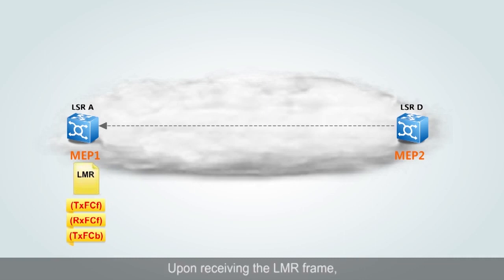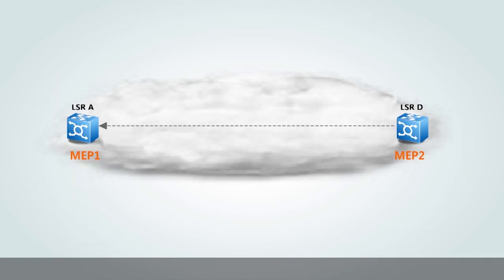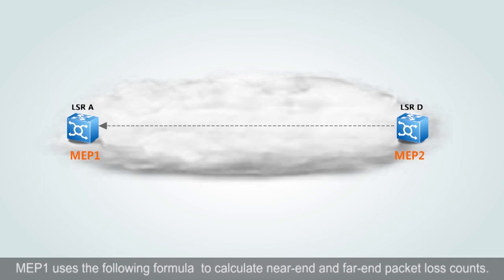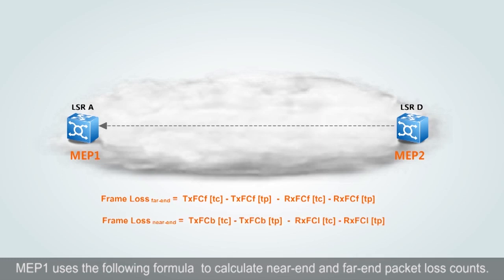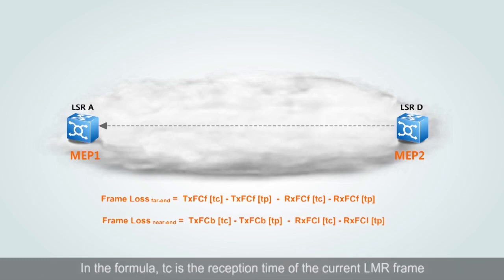Upon receiving the LMR frame, MEP 1 uses the following formula to calculate near-end and far-end packet loss counts. In the formula, TC is the reception time of the current LMR frame and TP is the reception